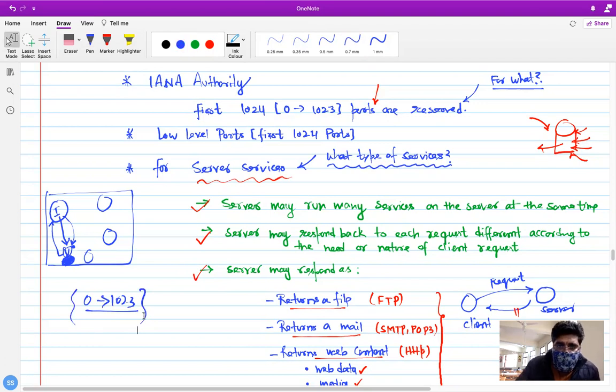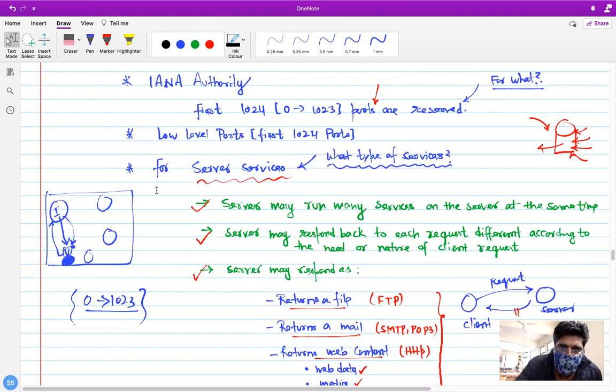We will discuss what those services are, but you must understand that no one should use these port numbers because these are the standard port numbers over which all the rules are decided over the internet, so that even if you are connecting from a different country, from a different ISP. Let's say I'm using Jio, someone else is using SoftBank in Japan, and in the US they would be using something else. So all these network issues shouldn't be there.